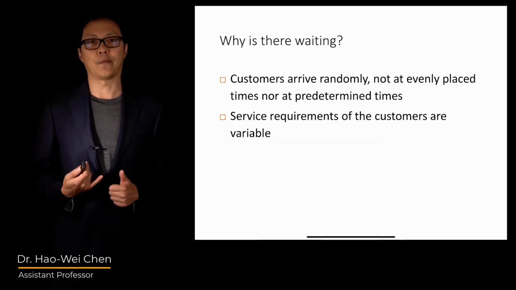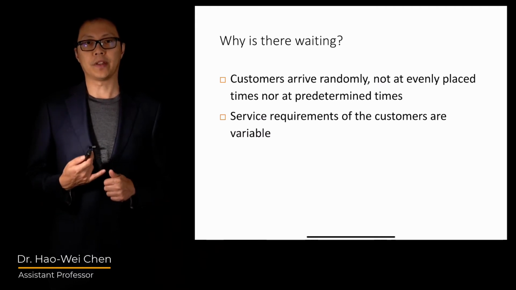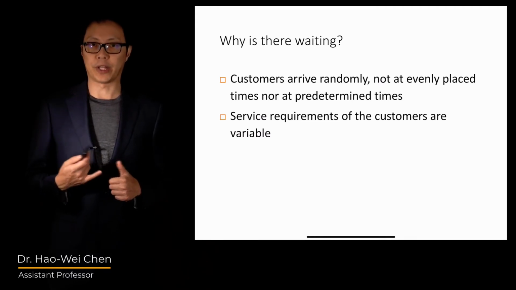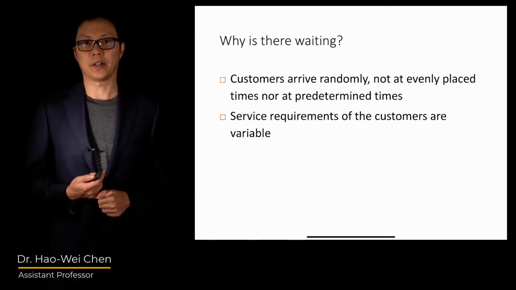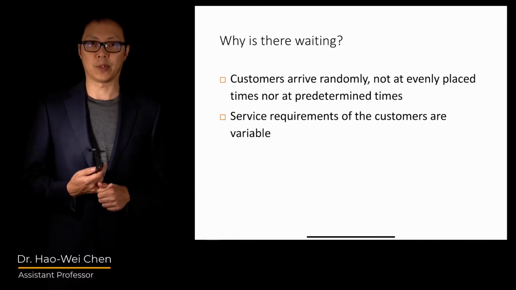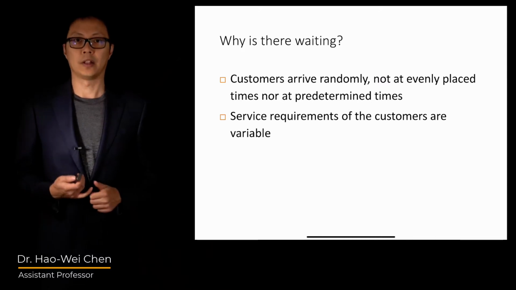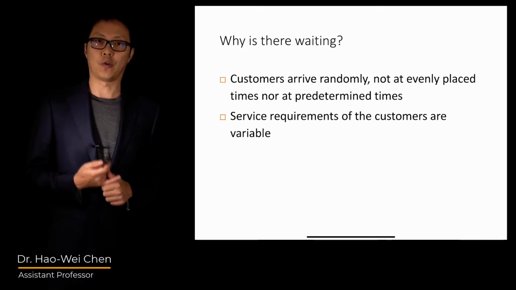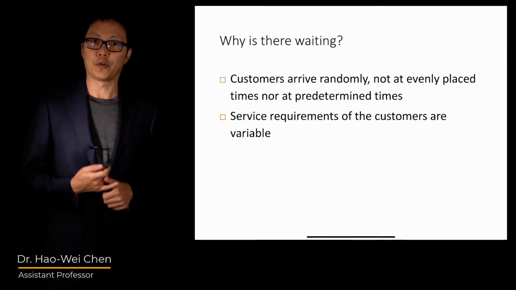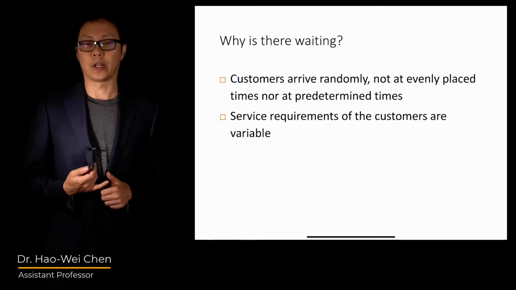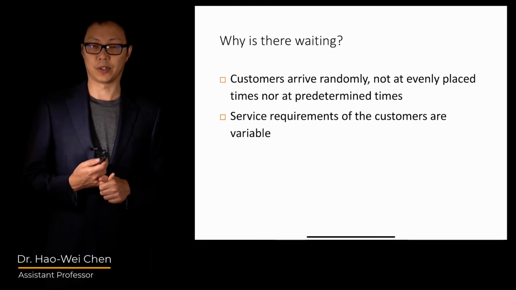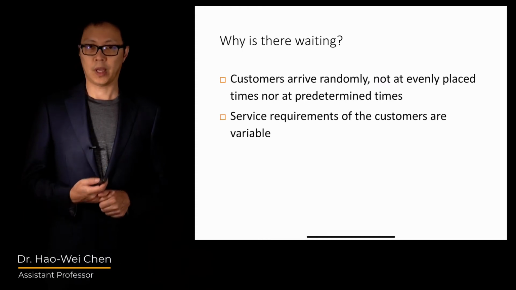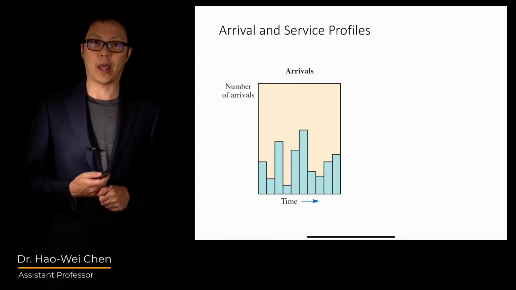So why do people have to wait? The main reason that waiting time occurs is randomness. Customers arrive randomly, and the service time required for each customer is also random. The higher the variability, the longer the wait. If there is no randomness, then nobody has to wait, so long as the service rate is higher than the customer's arrival rate. This graph can explain what happens in an easier way.